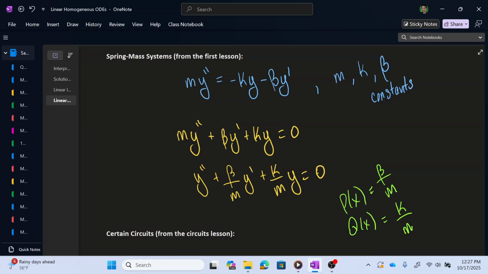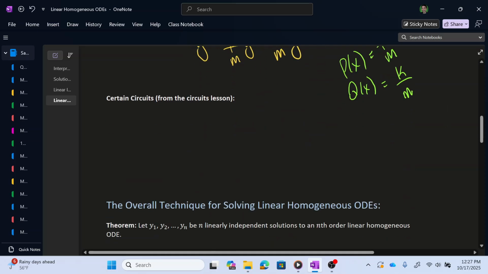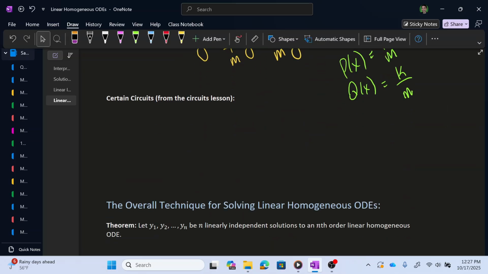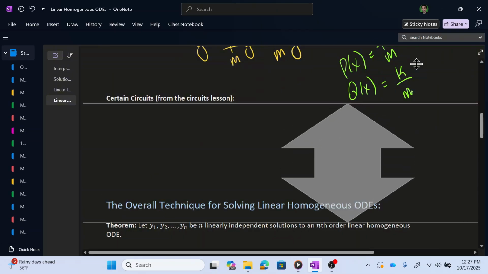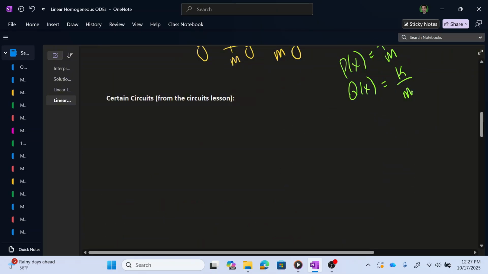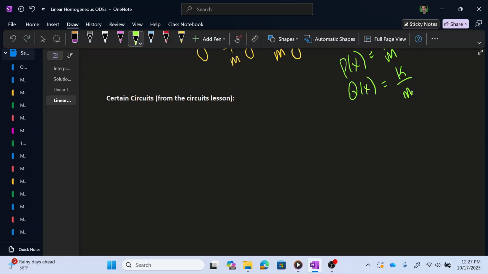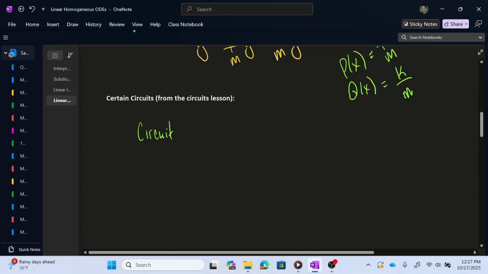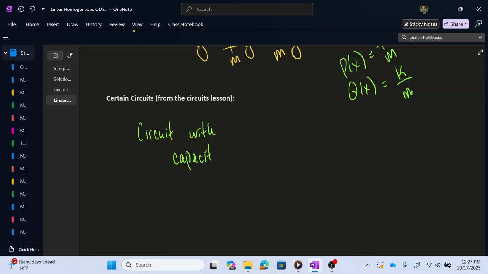You also get a linear homogeneous differential equation by analyzing certain circuits using, for example, Kirchhoff's law. So if you have a circuit with a capacitor storing charge, an inductor, and a resistor, but perhaps no source of impressed voltage at the moment,